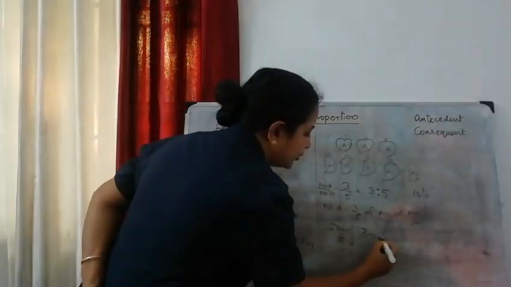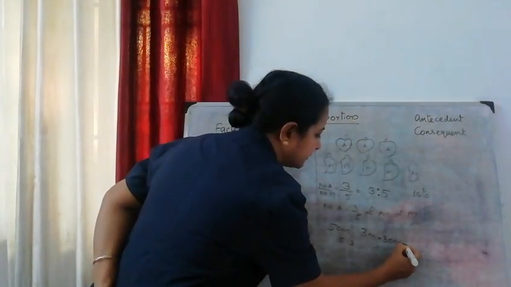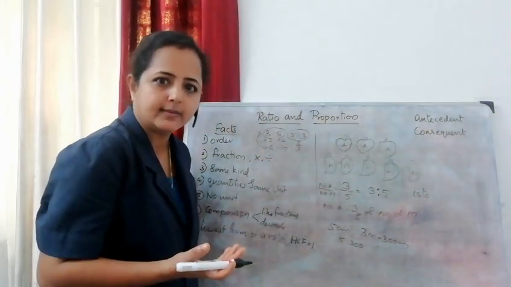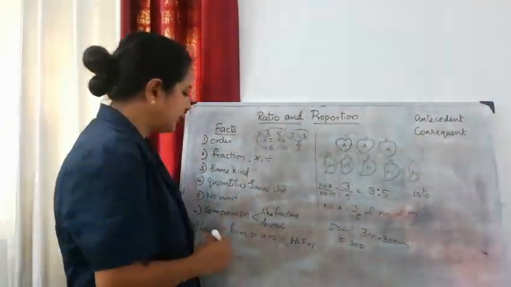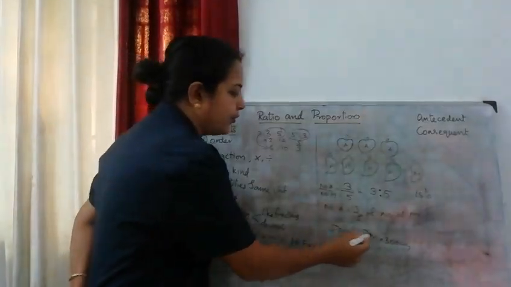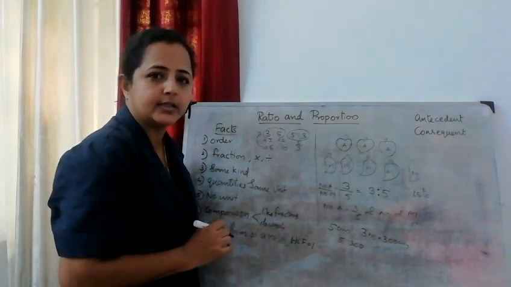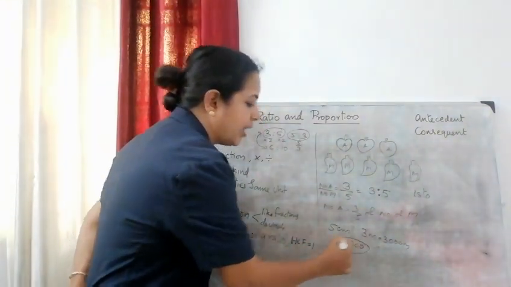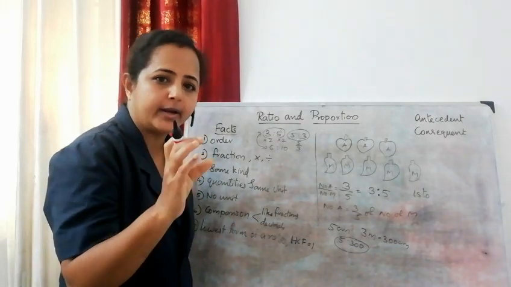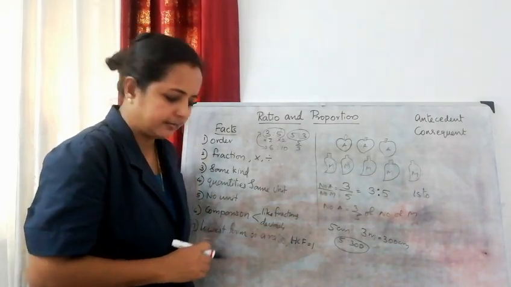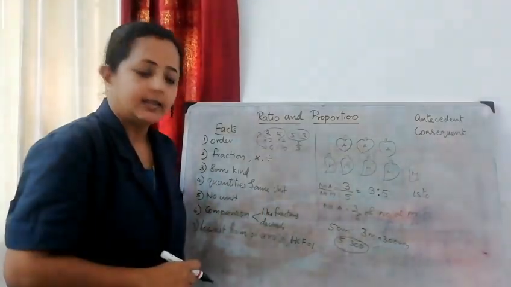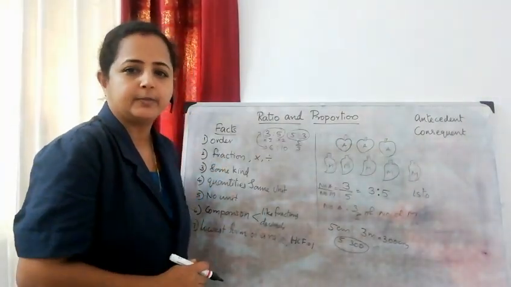3 meter is equal to 300 centimeter. Then we can write 5:300. That is correct. Okay? And one more thing, this ratio has no unit. These two quantities have units, but when you write the ratio afterwards, it has no unit. A ratio is a quantity or a number. Okay? Next, comparison. How to compare two ratios?